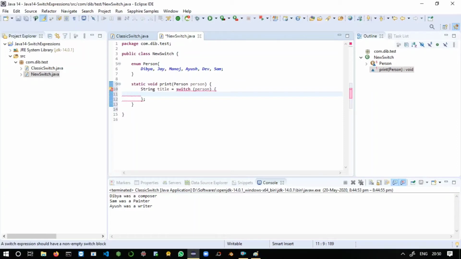So here you can take case Sam J, arrow mark, here you can say painter. So like this you have to cover all the three cases. So here you can see Divya, next one is I think Dev we have taken. So here you can say composer.